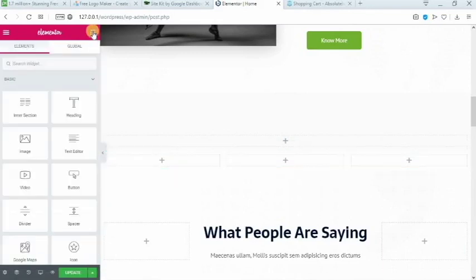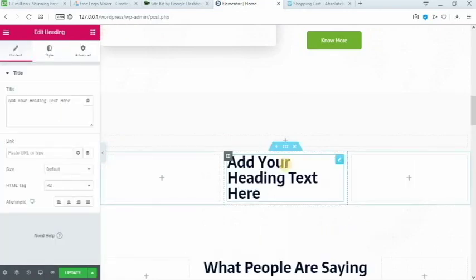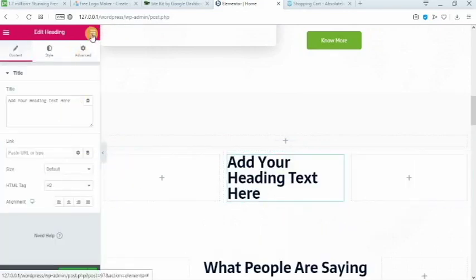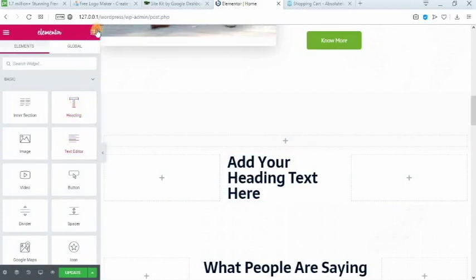So we click there on that button there. Let's say we want to put a text in the middle there, text heading. So you get different types of texts. You get text headings, you get text editor, that's your normal text, that's your text headings. Here we want to install a video maybe,